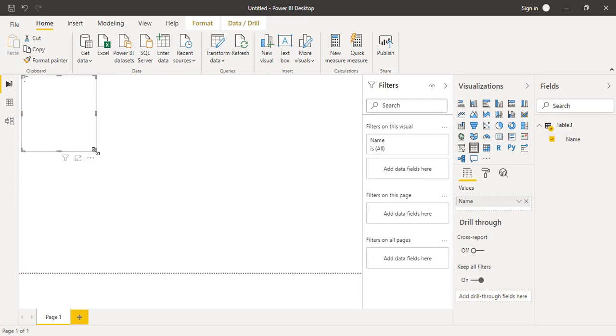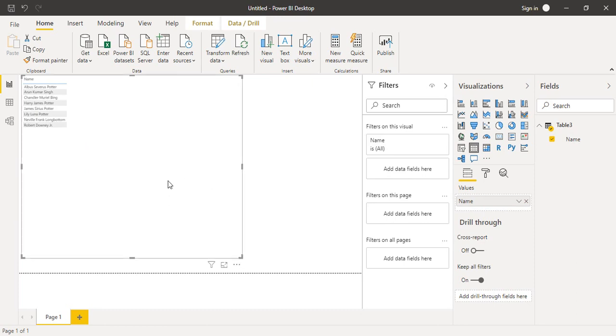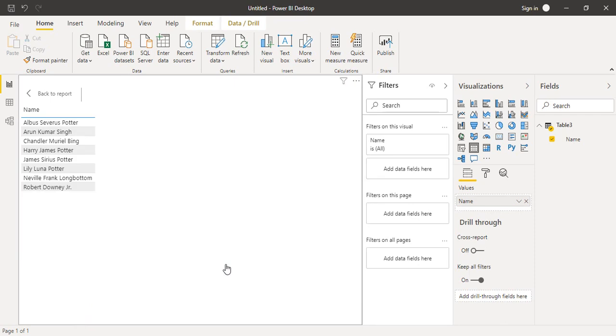Alright, it may take a few seconds, and if you change its size, or go into this focus mode, you can see we have got this name column with these entries that we just created. Okay, and since we just imported it into Power BI Desktop, it's already sorted into ascending order. So that's how Power BI works.